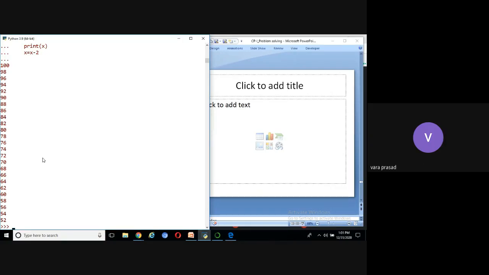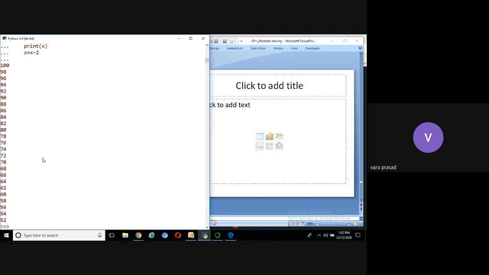Now, could you find the difference between a for loop and a while loop? When can we use a for loop, and when can we use a while loop? While when condition based, sir. In a while loop, the condition is given.